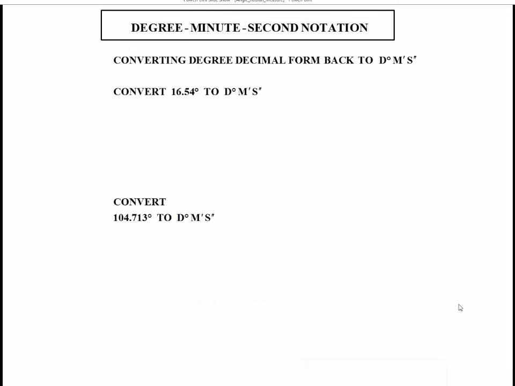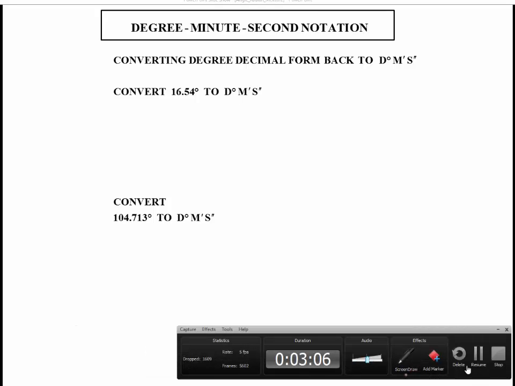For the next 2 examples, we're going to do the reverse. We're going to convert degree decimal form back to degree, minute, second form. In the first example, we're going to take 16.54 degrees and write it in degree, minute, second form. To do this, 16.54 degrees would equal 16 degrees plus